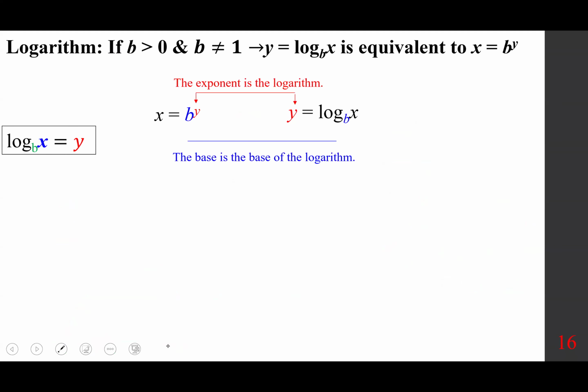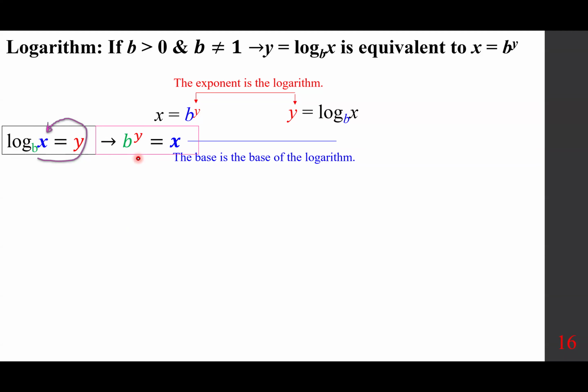Logs. If b is larger than 0 and it's not equal to 1, y equals log x base b is equivalent to x being b to the power of y. If you look at these two expressions, you can see that they both have the same exponent and the same base. So let's look at the arrow that I put. If you follow the arrow, b to the power of y equals x, and if you can go from one format to the next,